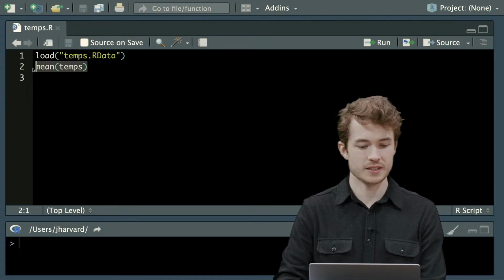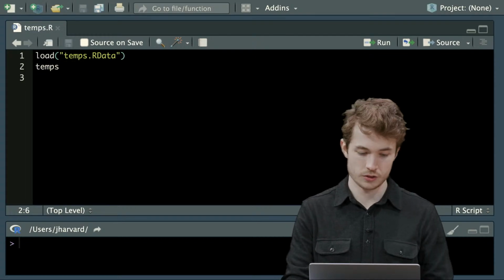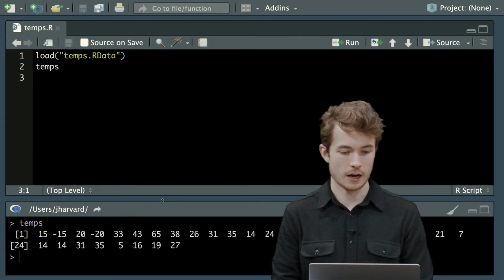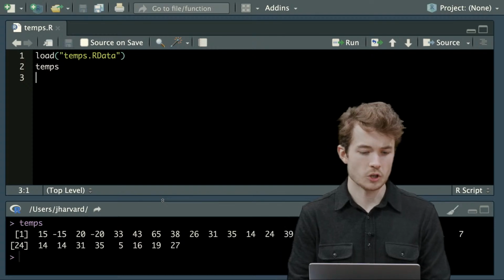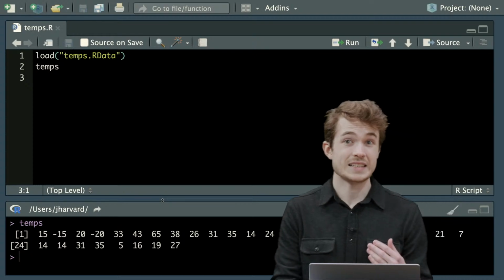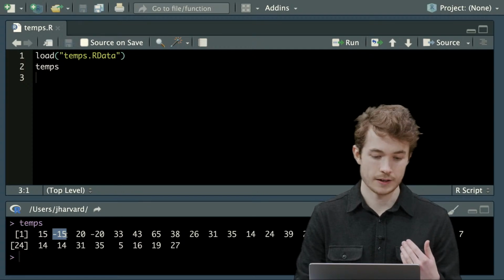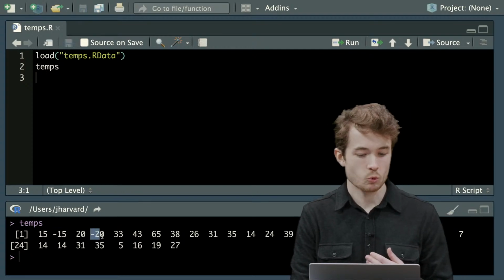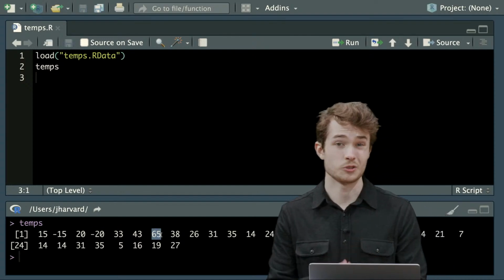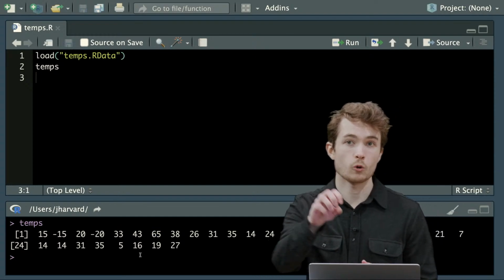So let me actually take a peek at this entire vector. I can do so by simply typing the name of the vector and hitting Command-Enter to see it down in my console. And here are each of those 31 values. One thing you might notice is that I can see these outliers now in the data below. It seems like that second day that seemed really cold had an average temperature of negative 15 degrees Fahrenheit. And that fourth day was about negative 20 degrees. And same thing here, it looks like the seventh day was all the way up at 65, which is pretty warm. So one thing I might want to do is actually pull out these outliers